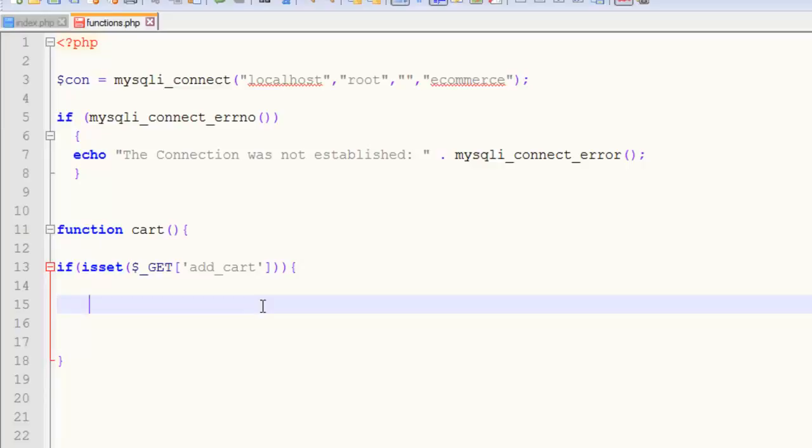So first of all, we will say first of all, we need to add a function, a script that detects the user IP address,